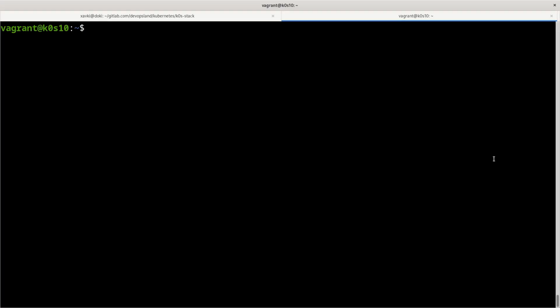So let's do that. kubectl create service. We want to create a service named hello2, for example, and the kind of service is cluster IP. We will see each kind of service later, and after that --tcp, and we want to map the port 8080 with the port 8080, or maybe 8081. 8081, yeah.